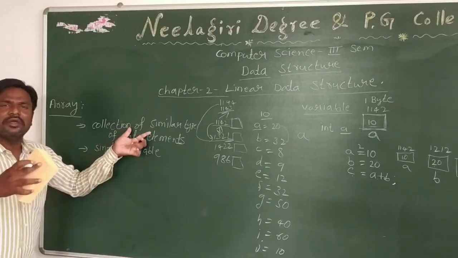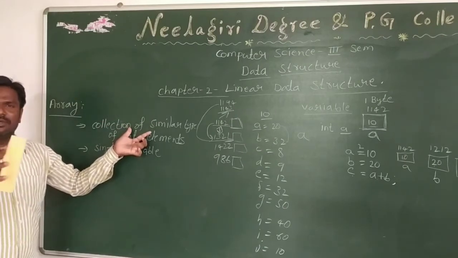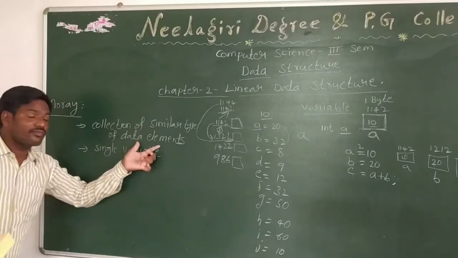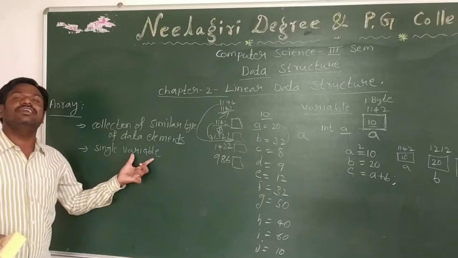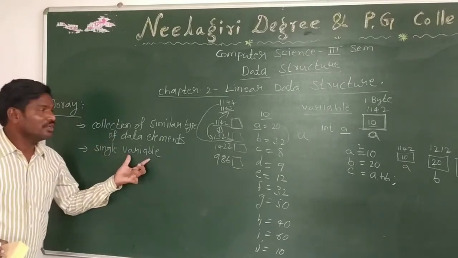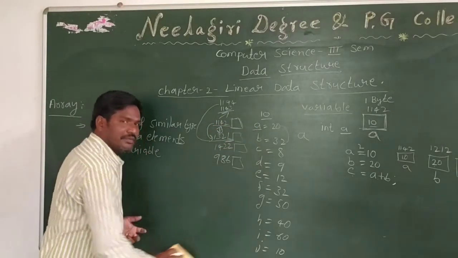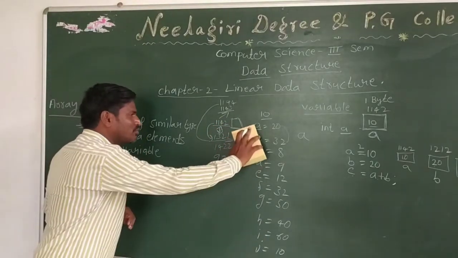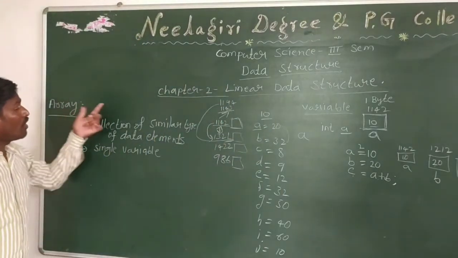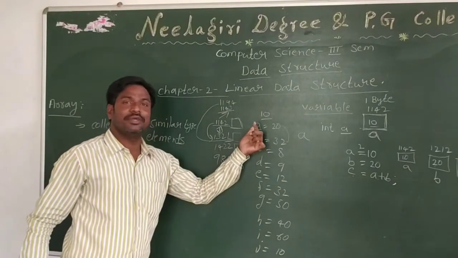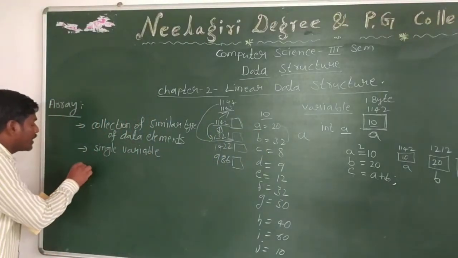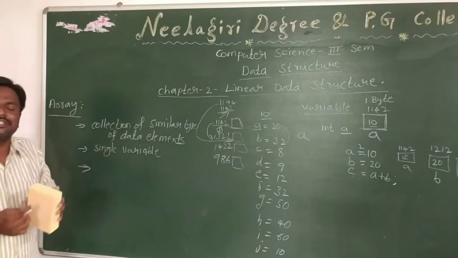The collection can be any number. There is no limitation. It can be 0, 1, 100, or 200. Two hundred values can be stored in a single variable. There is no requirement for A, B, C, D, F, G, H, I to store 10 values. It is enough to have a single variable A, and all the values are stored in it, in a continuous memory location.